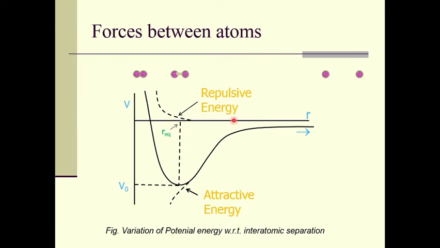There are two types of energies, one is the repulsive energy and the other one is the attractive energy, right. So when two atoms come closer, the attraction energy will be more compared to the repulsive energy, and therefore the contribution to the potential energy is from the attractive energy, and the potential energy decreases. Here at the minimum, both the energies, the repulsive energy and the attraction energy, match each other, right.